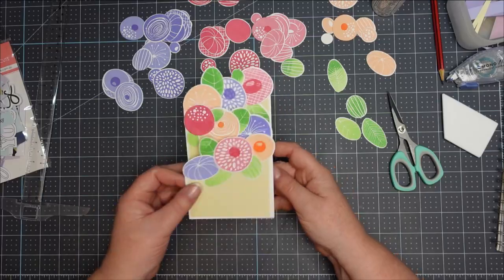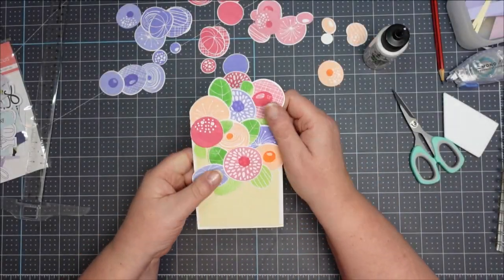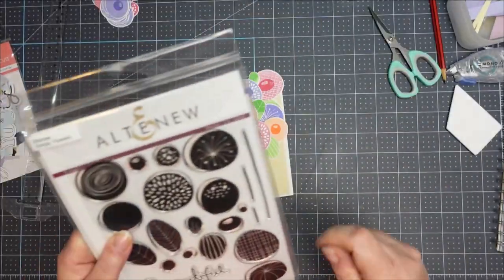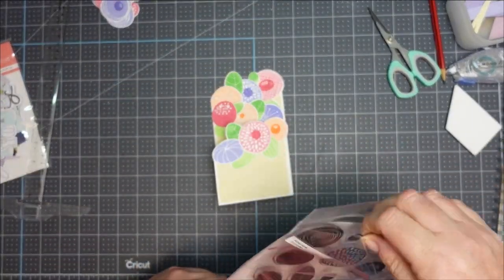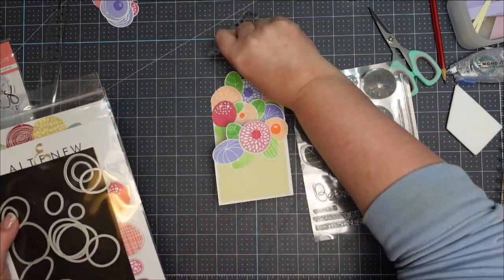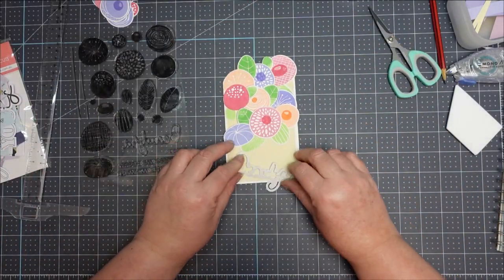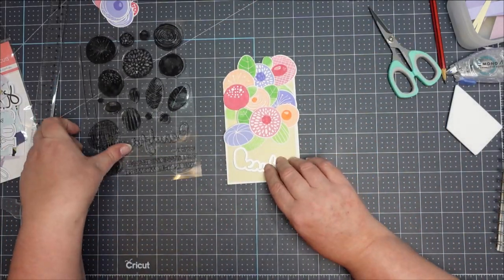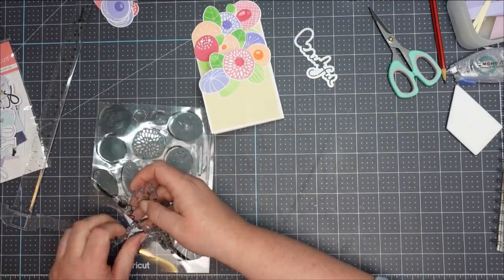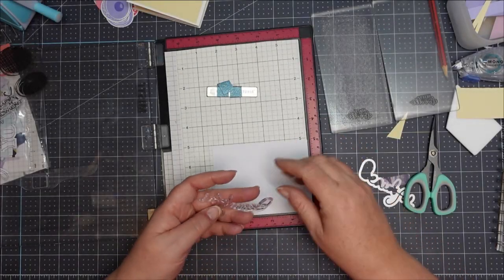So that's all one side done. Now I just need to do the 2 panels on the other side. And I've just fast forwarded a bit because you know what I'm doing anyway. So it's all done, and now for a sentiment on there, I have the die set for this particular stamp set, and I'm going to use the word beautiful, and this will help the card be an any occasion kind of card as well. It is a very fine script stamp,